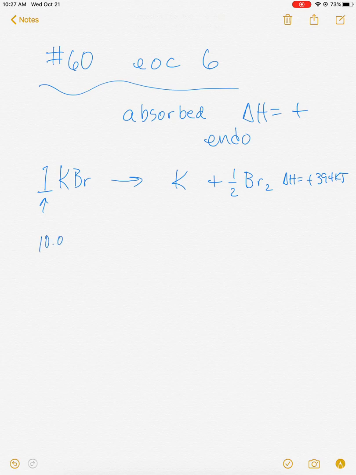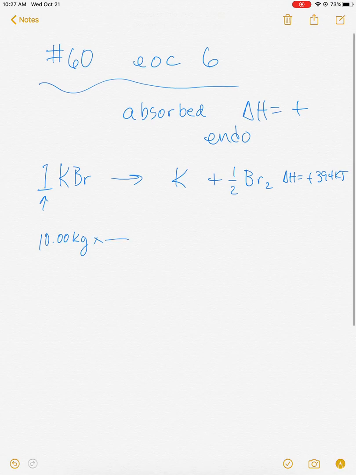Okay. Now part B says, what happens when it's formed from its elements? 10 kilograms when it's formed. Okay, so let's set up the equation. And we want to know what is delta H when it's formed. What is the heat? Okay. So we've got 1 kilogram is